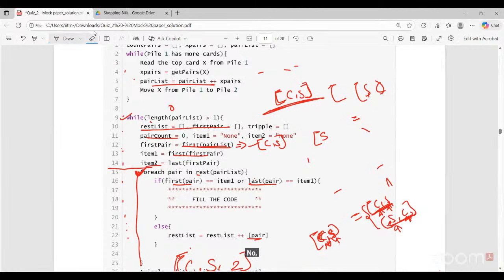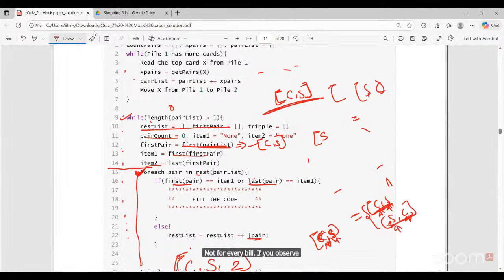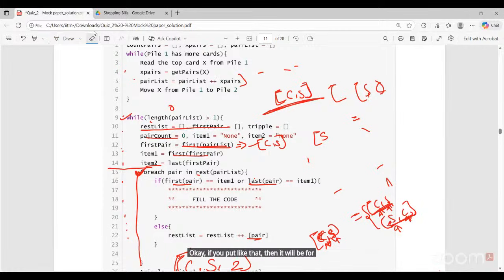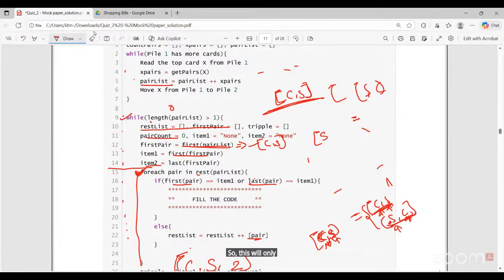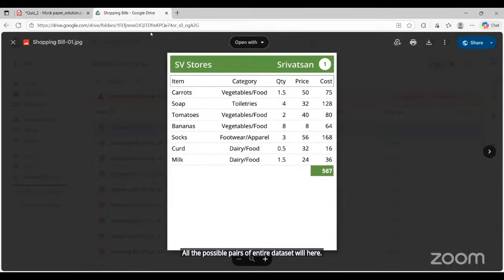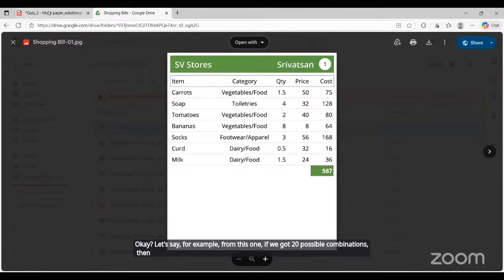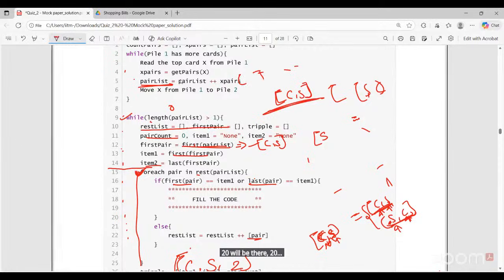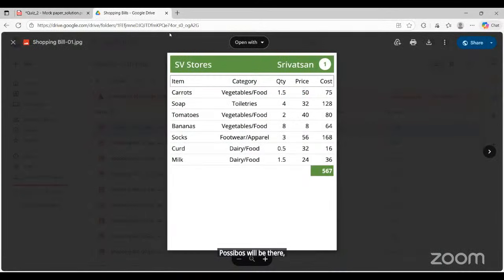No, not for every bill. If you observe here, we have not put it like that. If you put it like that, then it will be for every bill. So this will only store all the possible pairs of the entire data set here. Let's say for example, from this one, if we got 20 possible combinations, then 20 possible pairs will be there,